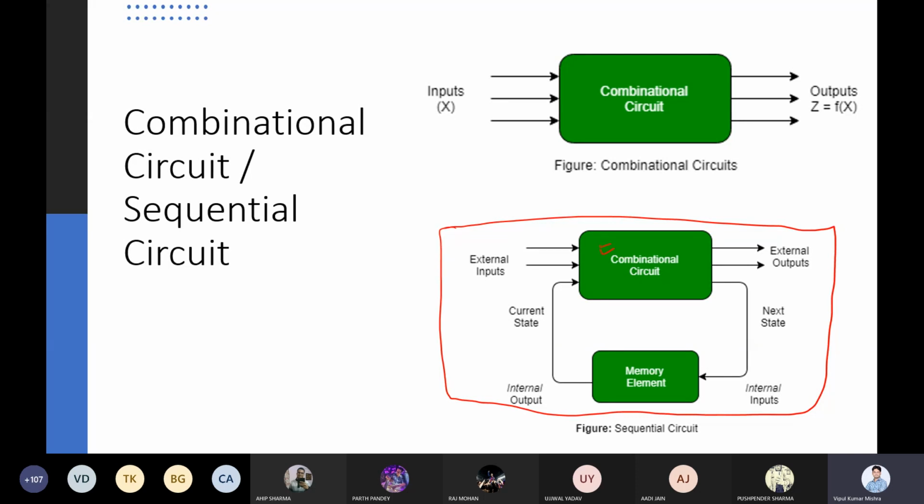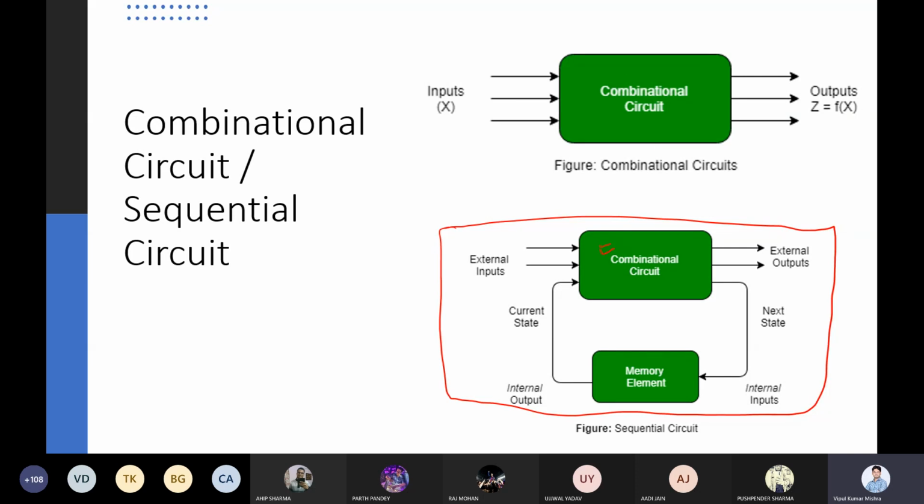Similarly, an adder: addition depends upon the input and you get an output. Multiplication also depends upon the input only. Similarly, a comparator also depends upon the input only. These varieties of circuits are known as combinational circuits.